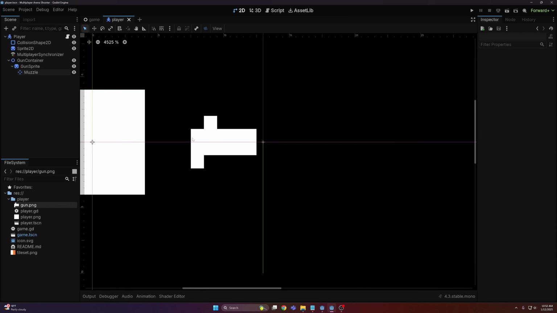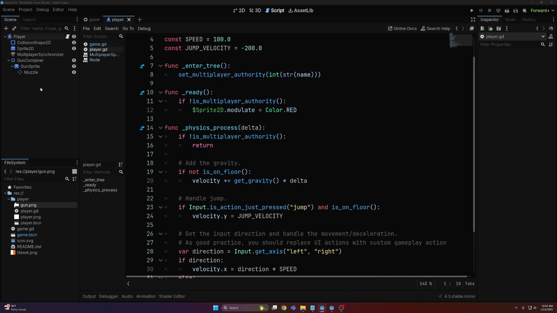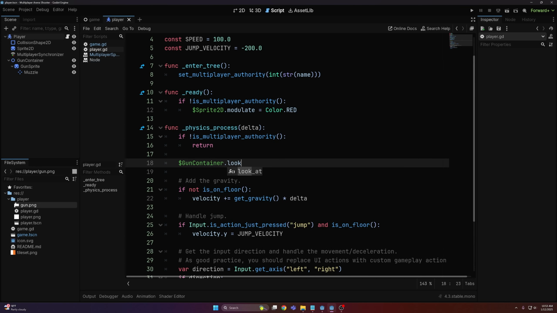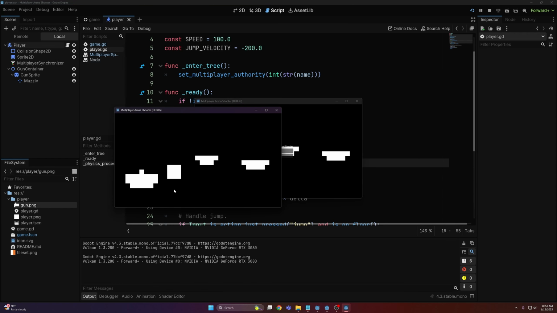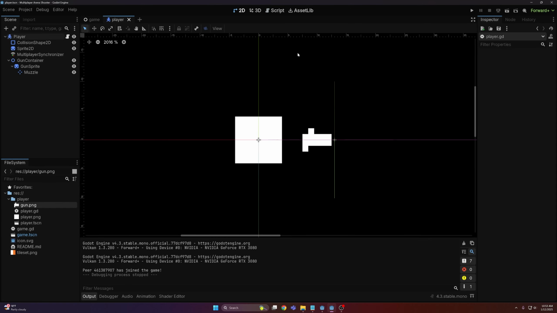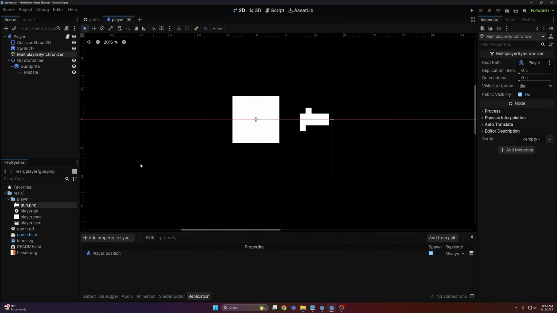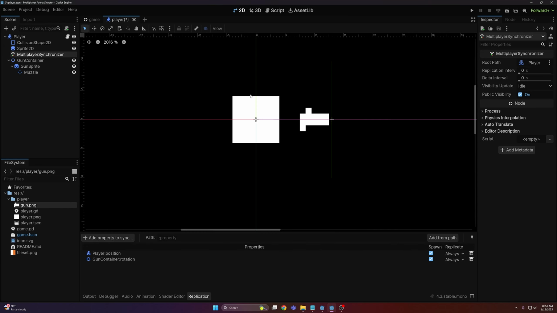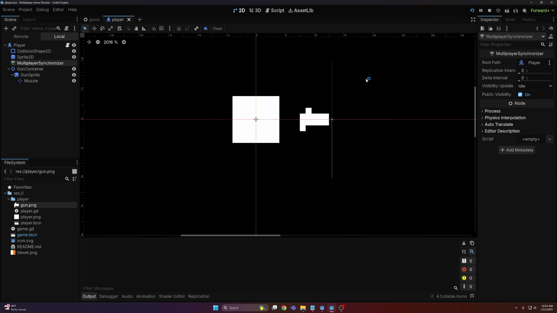right to the end of the gun. To have the gun look at the player's mouse, we want to come up here and say $GunContainer.look_at(get_global_mouse_position()). You can see it now follows it, but if we join, you can see it's not syncing that. Like we looked at in the last tutorial, you can use the multiplayer synchronizer node to synchronize any property. So we can just add the gun container's rotation property to this, and now if we run this, it is